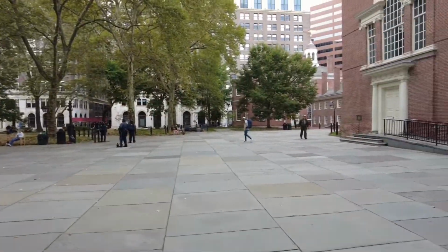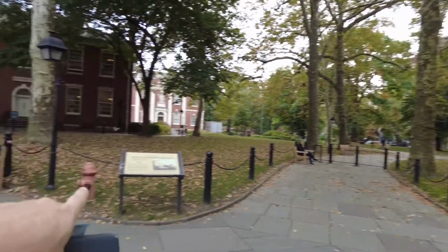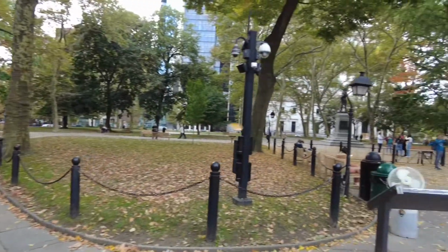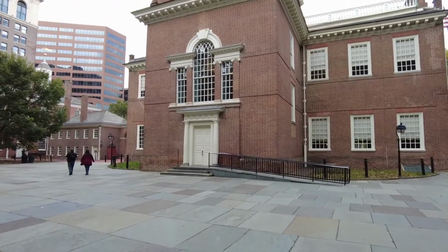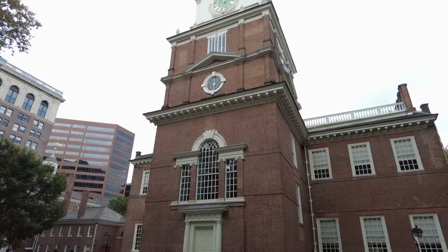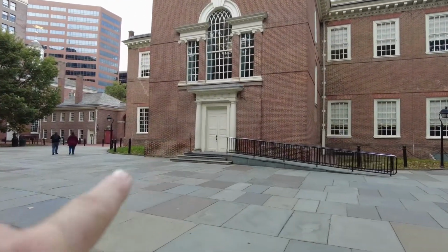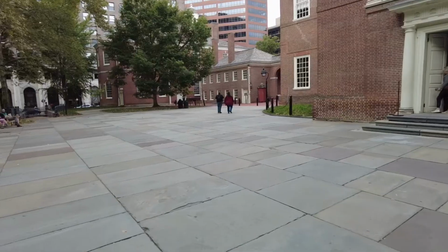So here we are. I'm inside the Independence Hall Center. This is the back part of the park. You don't need a ticket to get into this section of Independence Hall. You only need a ticket if you want to go inside the Independence Hall building. There are other things to see and do here